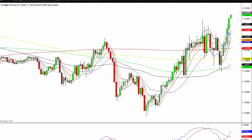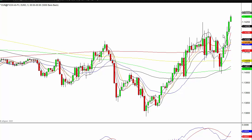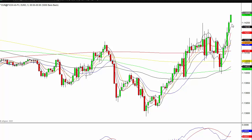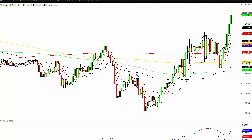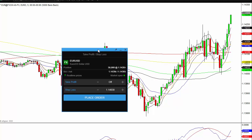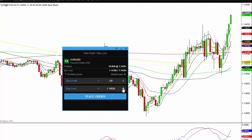Oh, I think it has. I'm just looking off screen. Yeah, it has. Okay, so being filled. I don't think this stop's going to need to be down at 0.2 or whatever, so I'm going to bring it over. Where's the trade gone? So immediately, I think this stop's going to be moved up. So immediately I can move this stop up to, well, I can move it to 0.5, but actually, let's